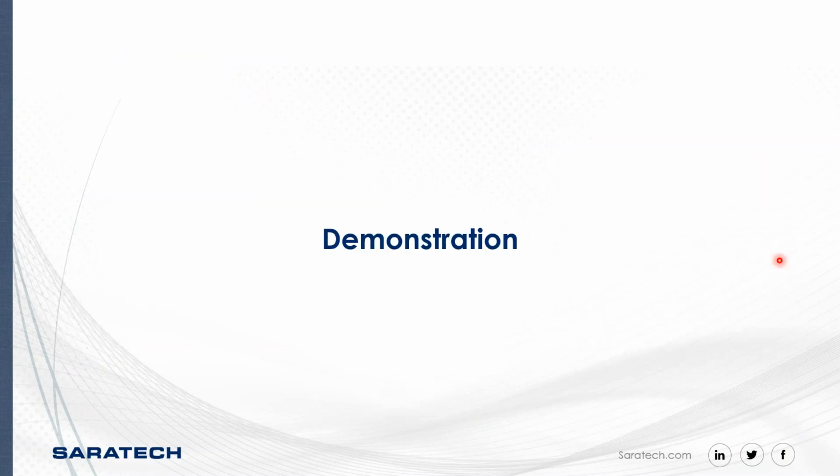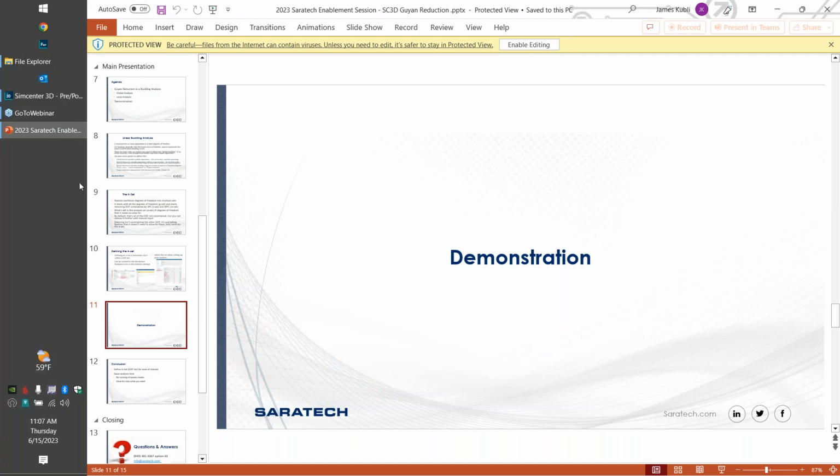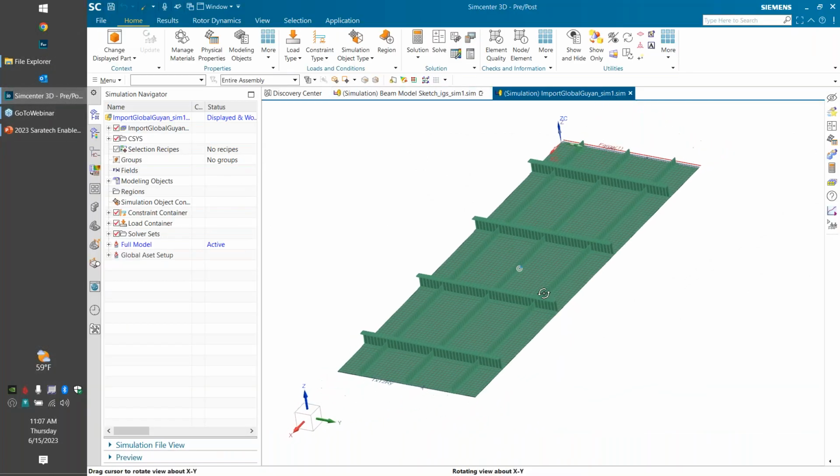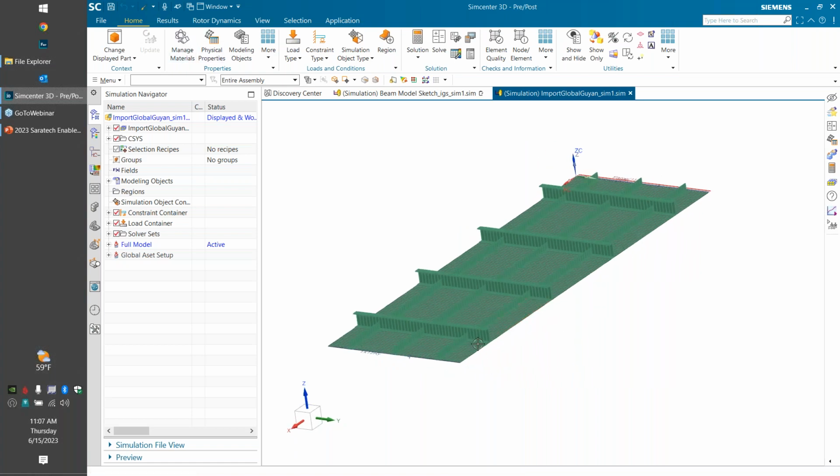So let's jump right into a demonstration, because that's much easier to understand than just talking about it. So I've got a couple of models right here. Let's start off with this model here. We've got a